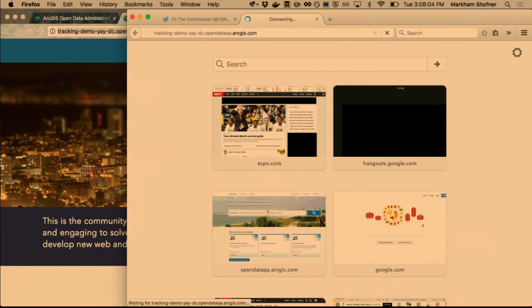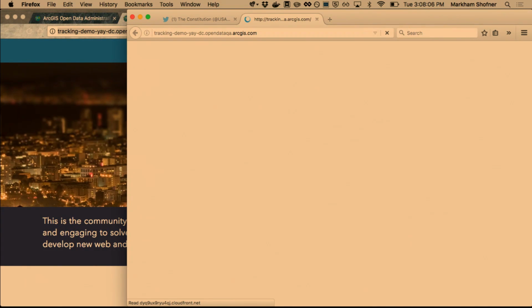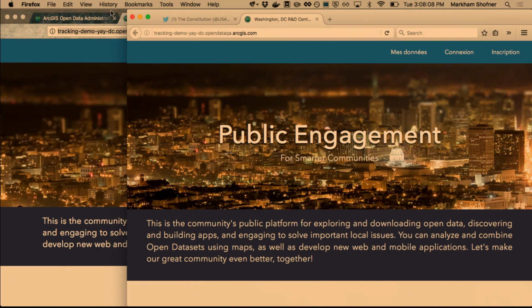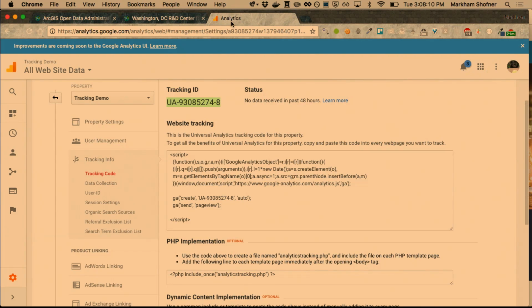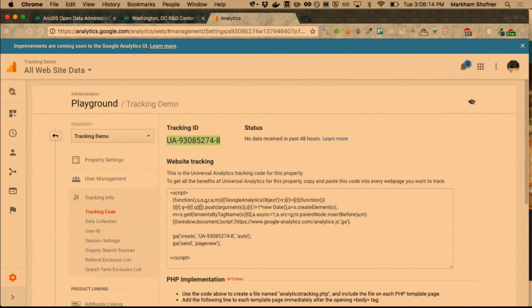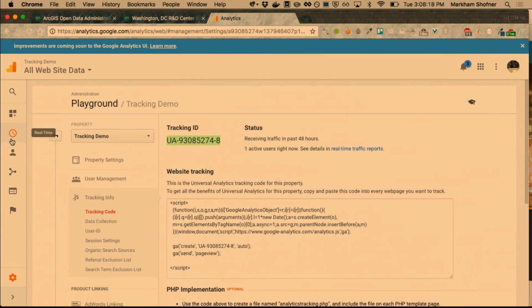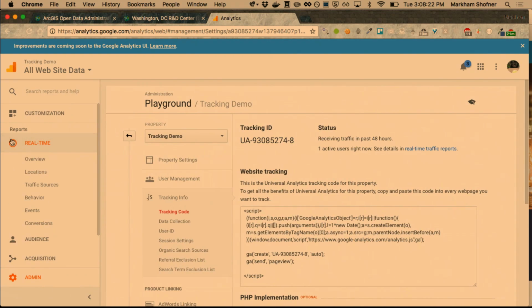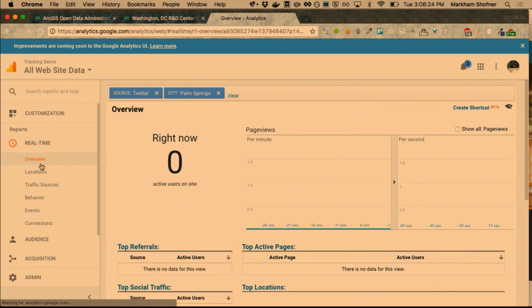Navigate to Firefox and go to this website. Let it load. Then I go back into Google Analytics. So on the left, you get a series of basically dashboards or UI mechanisms that will help you gain more information about what you're deciding to track. But if I go into this real-time overview,